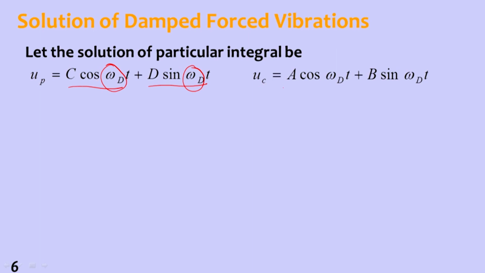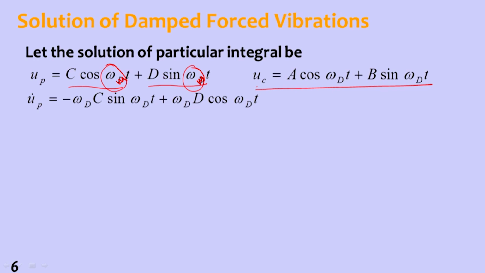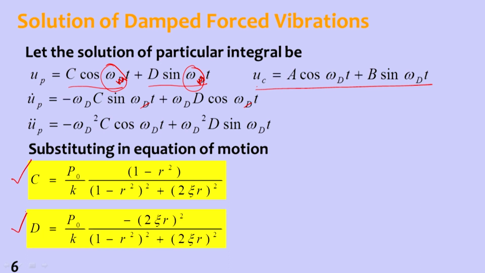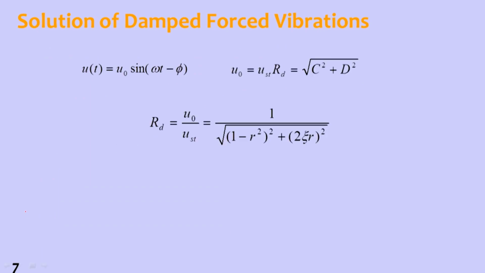Okay. So u complementary is cos omega d t, sin omega d t. Sorry, this one will not have damping present in this one. If we differentiate it with respect to time, so u p dot is omega d c sin omega t, omega d into c cos omega t. Substituting in the equation of motion, we get the c constant and d constant. Then if we write it back, the solution of the differential equation, that is a linear differential equation with constant coefficients,